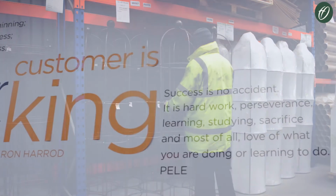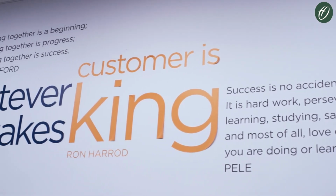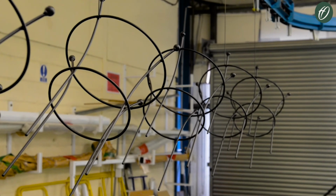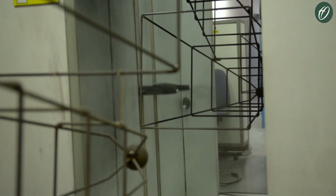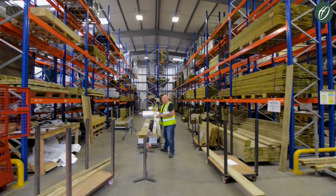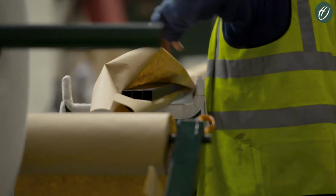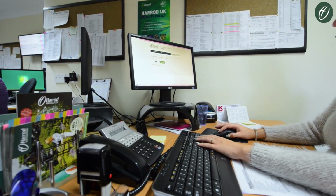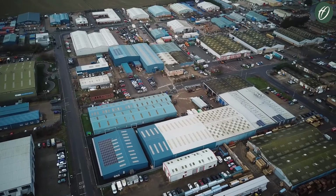The lengths to which our staff go to ensure the company motto, whatever it takes, is carried out really is evident at every stage of the design and manufacturing process. We pride ourselves on our dedicated customer services team who are on hand to help with all customer service queries. Our dedicated staff and strong family values are paramount to the business, and this is why Harrod Horticultural have been